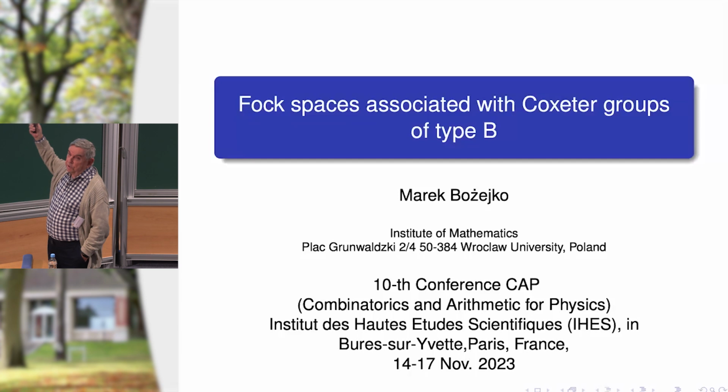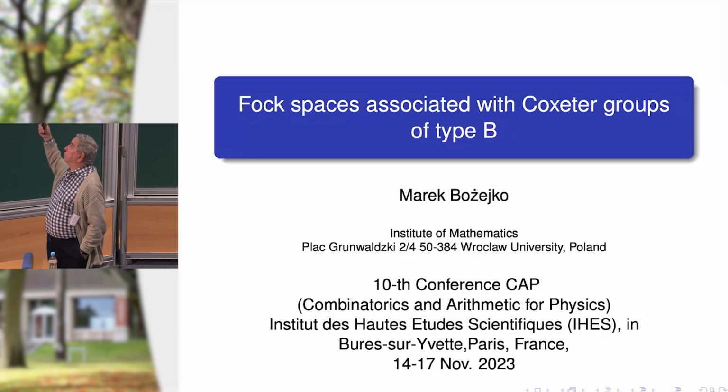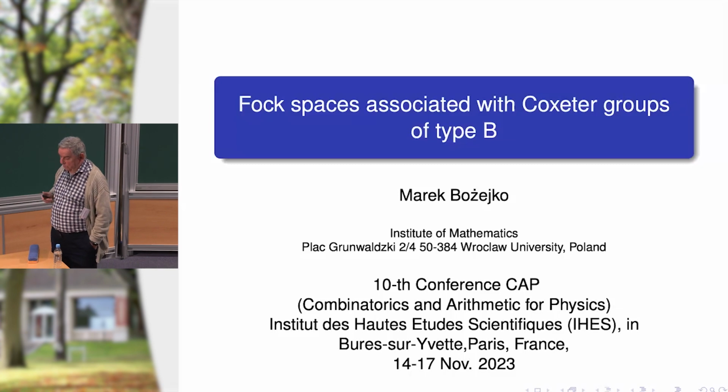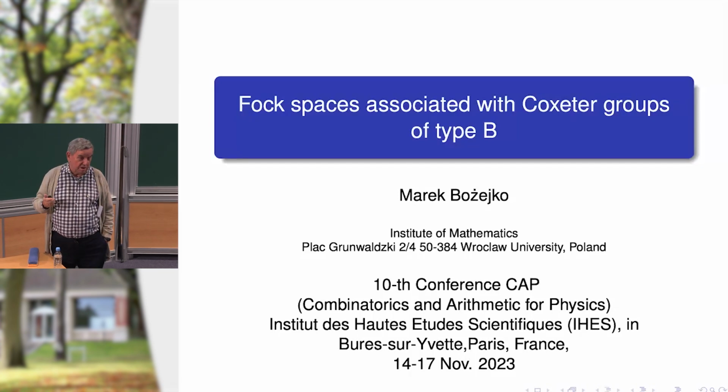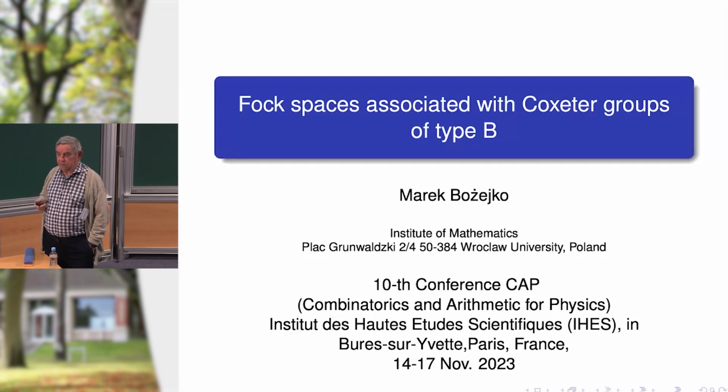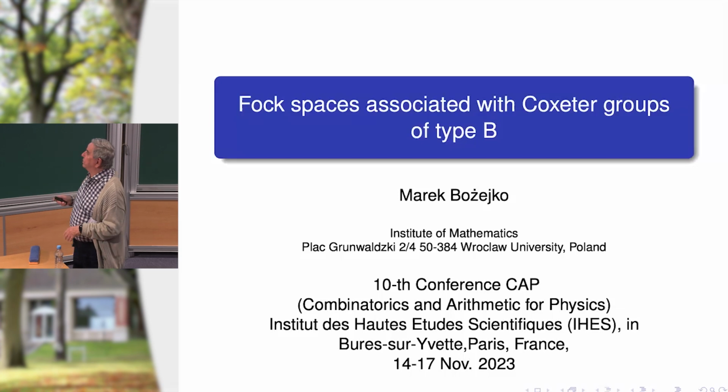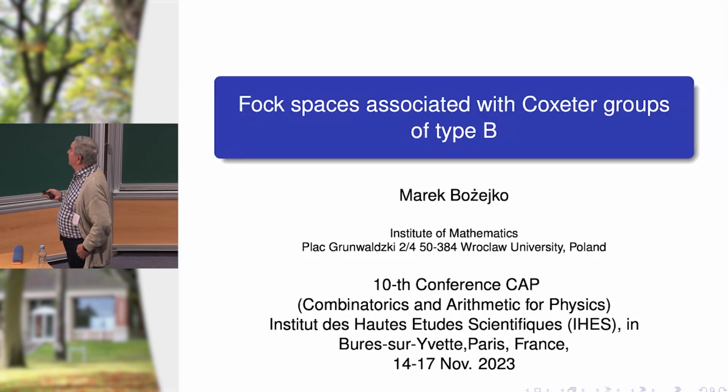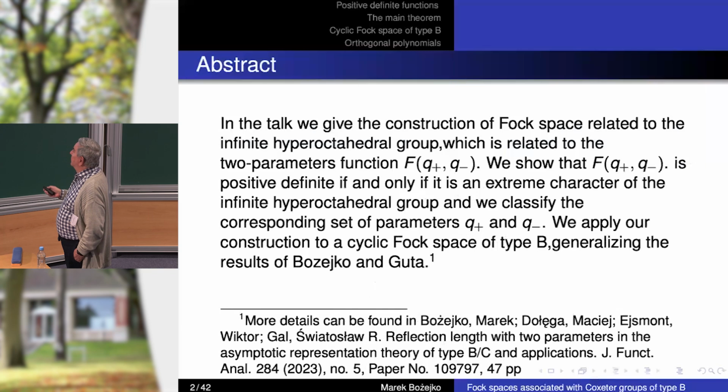And type B and C, when you look at Lie groups, are a little bit different, but for Weyl groups not. And this should probably be written Coxeter-Dynkin groups, but Dynkin mainly looked at Lie algebras. But this is very, very close business. Okay. So, as I wrote in the abstract,